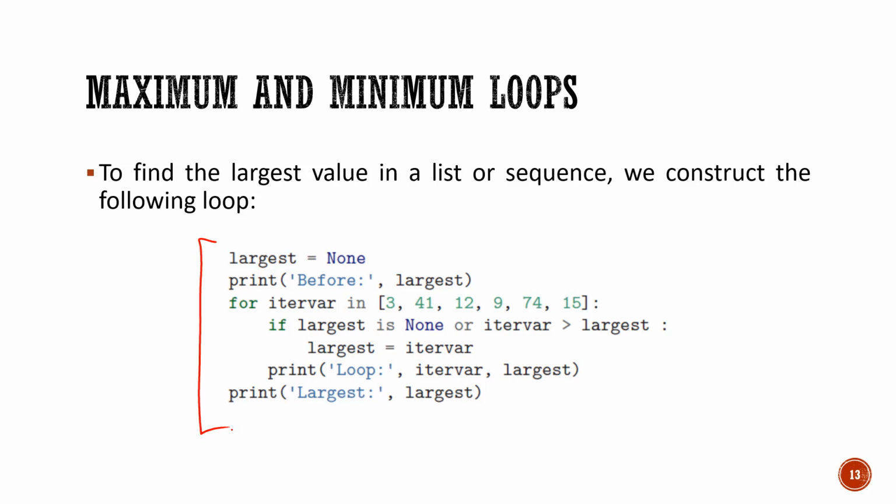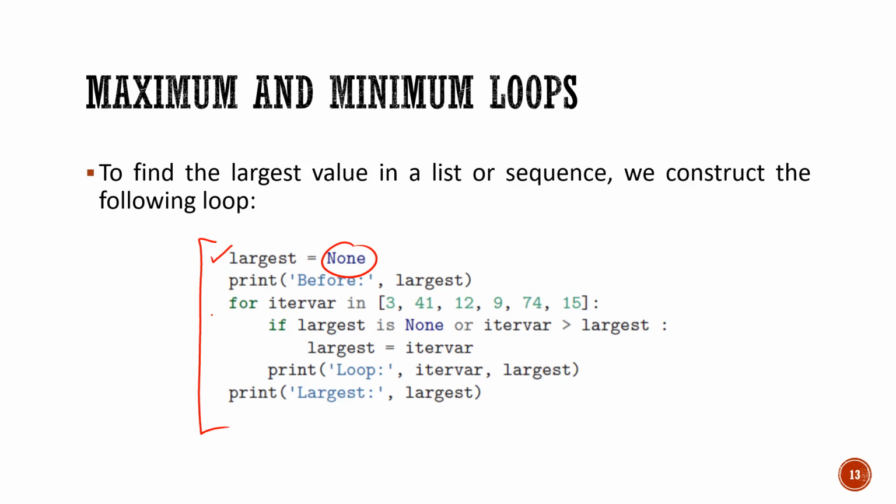Okay, and then in this list of numbers, first, what it does is it sets the largest to None, meaning there is no value yet. I could also set largest equal to 0, as we did before. You initialize the value of your number as 0, and then print. Print before the loop, the largest is None. The largest is still None at first, but once it enters the for loop,